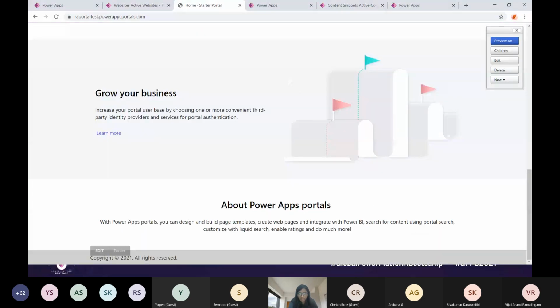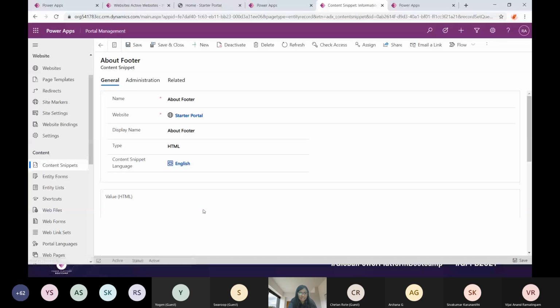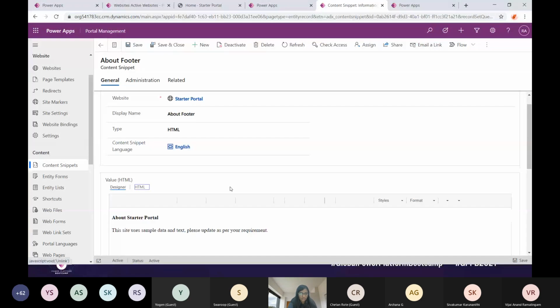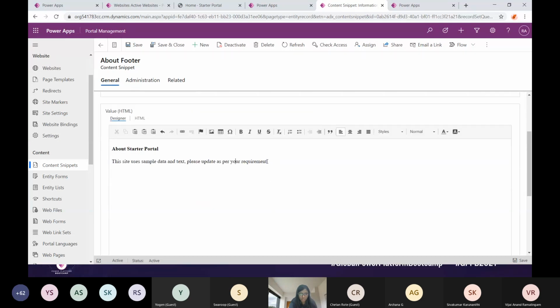So if I go to my application, here is a footer. Right now I don't have a very big footer here, or a branded footer, but this copyright, then the trademark, and then 2021 is here. If I go to the content snippet of this footer, I can see what code is there in the backend. And as a developer, I have not written this because this is out of the box. This footer content snippet is available by default. If you want, you can make changes to it, or you can update any part of it. You can save it and clear the cache.